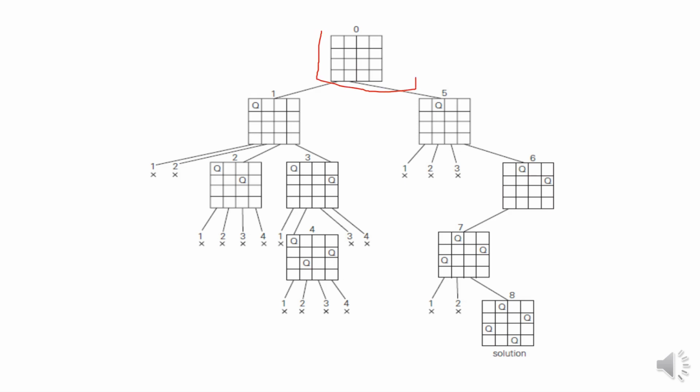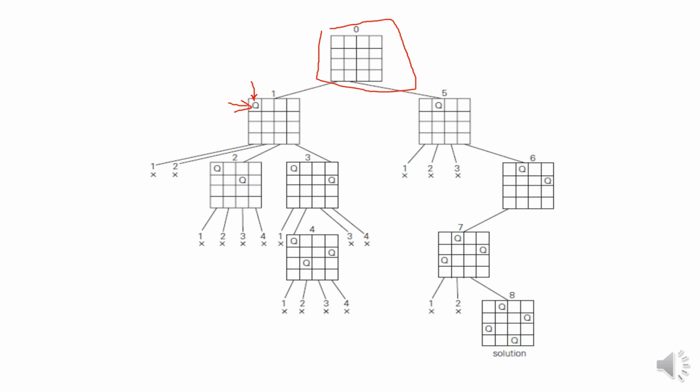So this represents the state where no queens are placed, that is the initial state. And in the first step, we are trying to place queen 1. So this is row 1 and column 1, where we have placed queen 1. Having placed the first queen, we are trying to place the second queen. So we try out placing the second queen on the first column. Now that is indicated by this 1x.